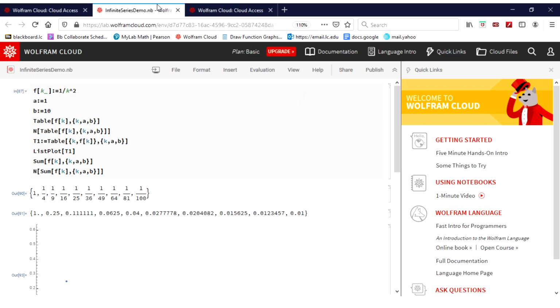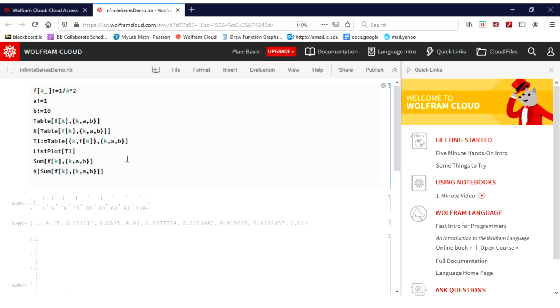Ooh, I'm missing something. Okay, let me close this out. What I want to bring up is actually, I'm going to look over. Okay, yeah. I want to make a table of summations here, folks. What I'm going to consider doing down below here is making another table for my sequence of partial sums, and I am going to table up some summations given by the value f of k,